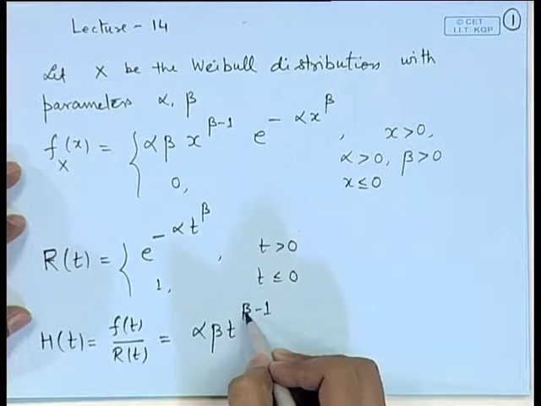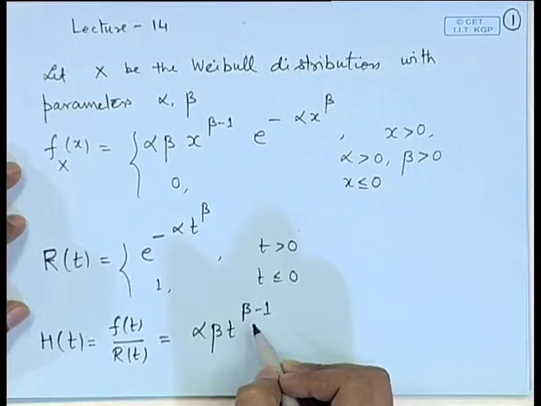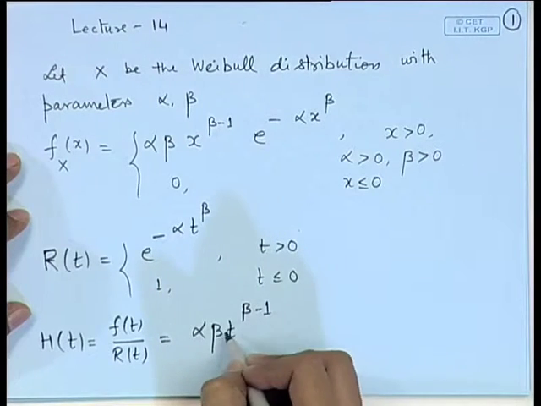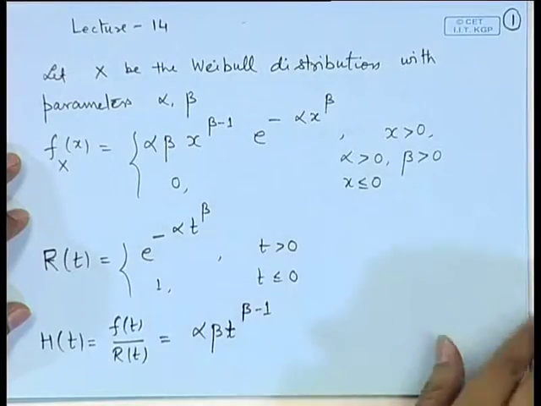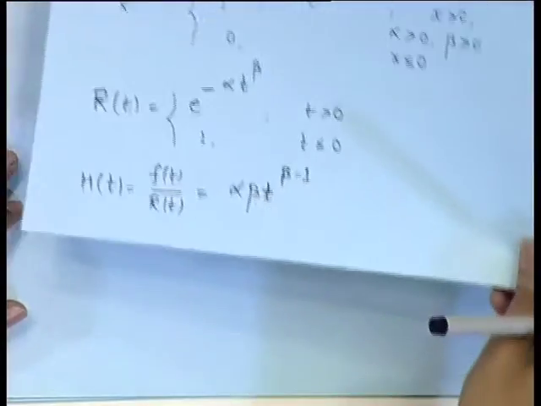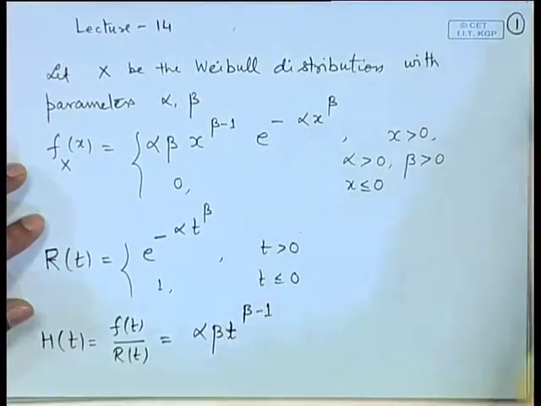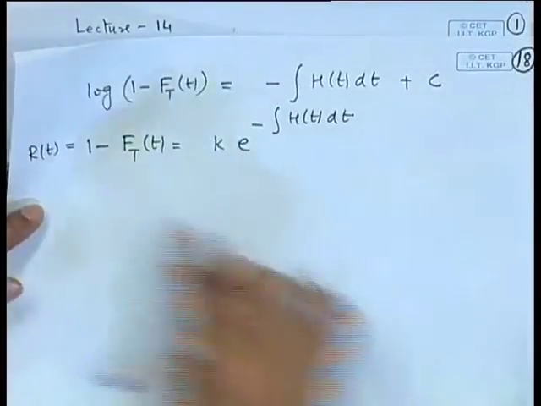Notice here that if beta is taking a positive integral value, then this is a polynomial function. On the other hand, if beta is a fraction, suppose beta is a number less than 1, then it will become an increasing hazard rate as t increases. If we are given h(t) equal to this, then we can use the formula for the calculation of reliability from here